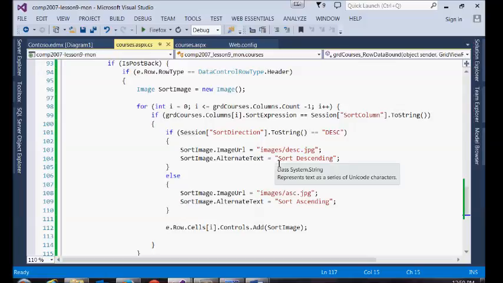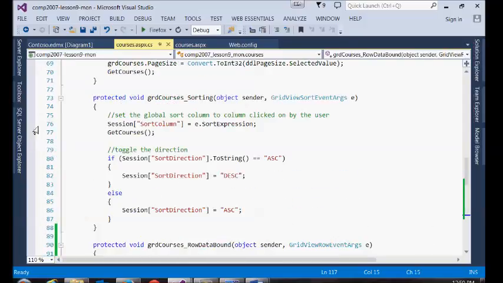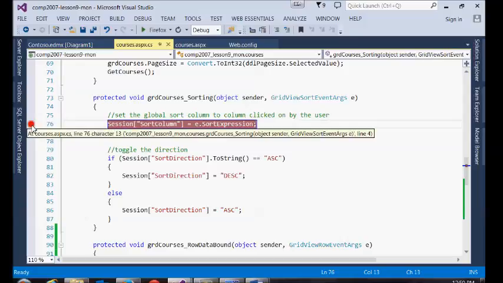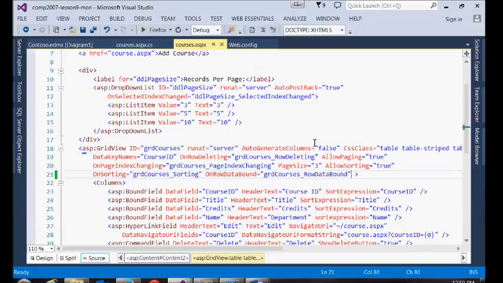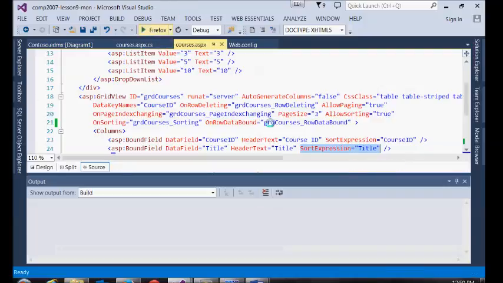Is sort expression the thing that adds the functionality of sorting? Sort expression, let's run it through the debugger. Sort expression will tell you the name. So we've provided a sort expression for each column. Okay. So we've provided the value, which matches the name of the column in the database. So then we can pass that value into our query. So if I run it with the debugger,